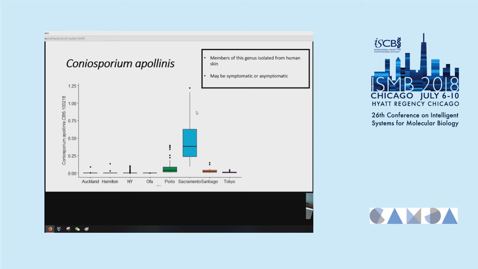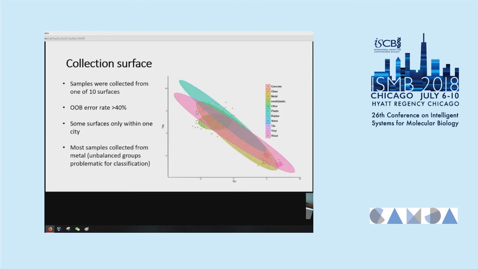And I guess what we're seeing from this is that a lot of these very highly predictive taxa don't seem to necessarily be growing on these surfaces so much as they're possibly deposited by humans moving through, which I think is probably quite key to what we're seeing here. And I think that's probably why, at least from my analysis, there wasn't great separation of groups by collection surface. That would hold true if what we're seeing is really just human commensals or bacteria from human touching being deposited onto it, rather than live cultures growing there.